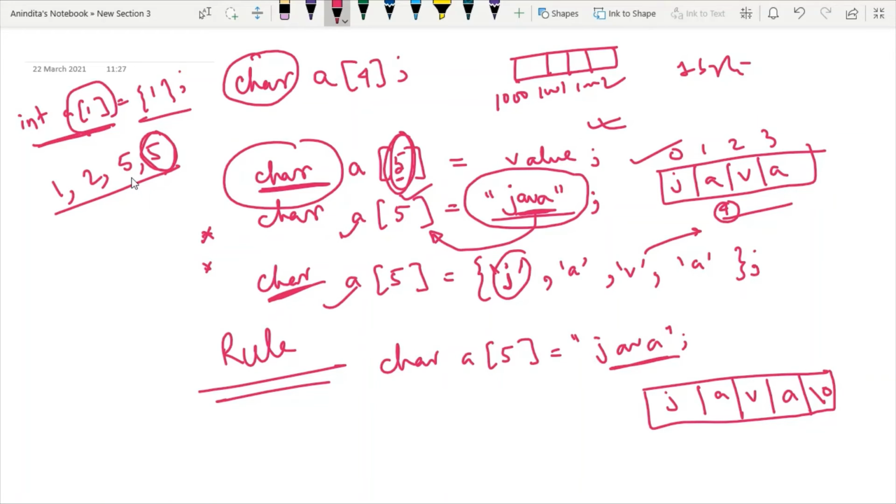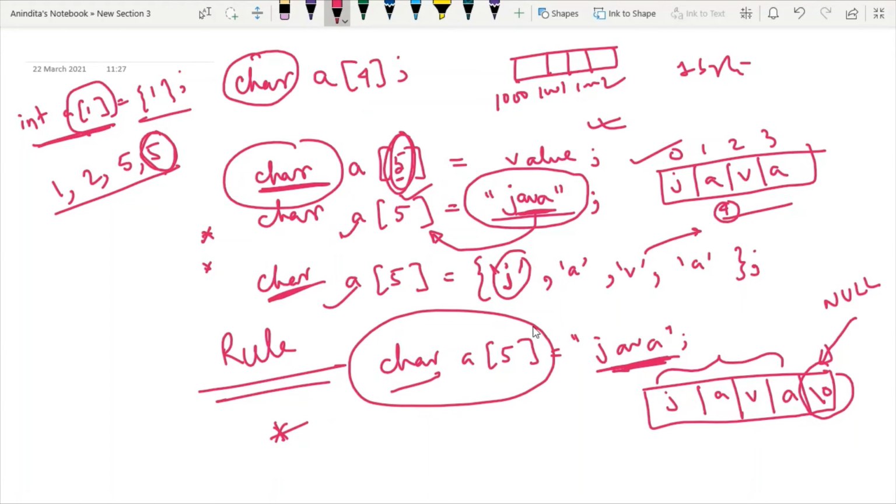However, for the character array, whatever may be your word, it doesn't matter. After writing the word, automatically a null character will be assigned in the character array. So here the rule is each and every time a particular character array will end with a null. Therefore, if your word size is 4, then you have to allocate one extra space so that null can be assigned.